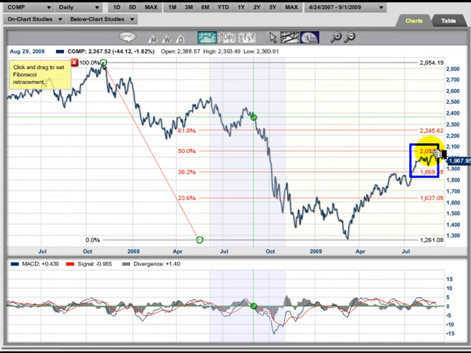and we just missed it by a little bit, but it's very similar to the pattern that we saw earlier when we had a move down from the highs of 5,132 on March 10th of 2000 to the lows of 1,108 on October 10th of 2002. So this move up from here really got us to an area that could potentially be a problem, and it's a 50% retracement level.